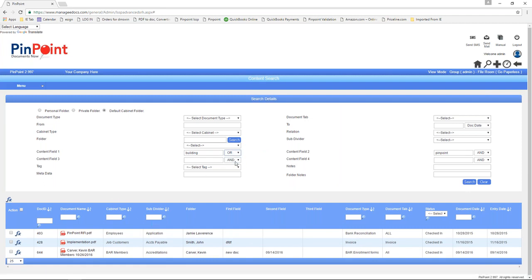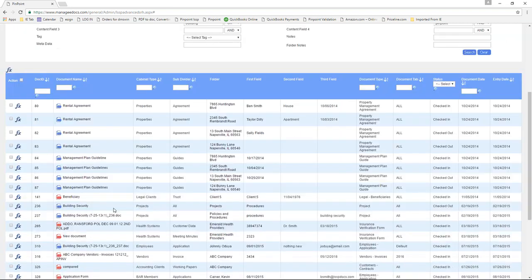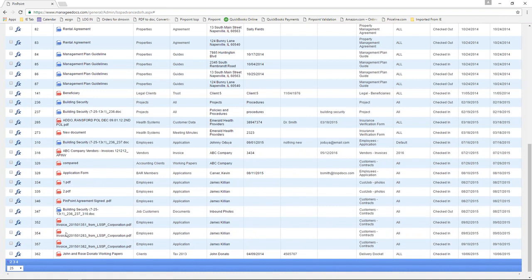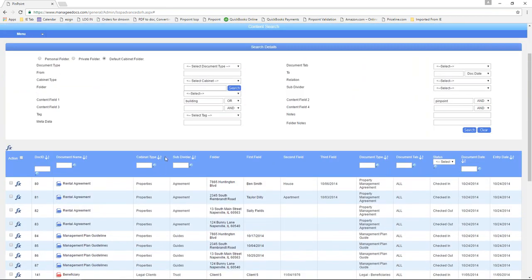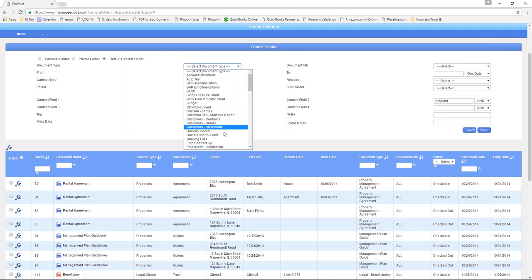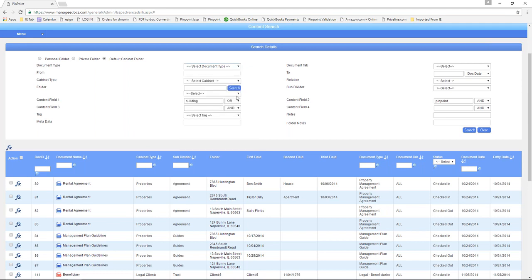Obviously, if I change this to an OR, I'm going to get more results, I assume, and I have. In fact, I got about 100 documents or so. But one of the things you'll notice is I could have done additional things such as date ranges, or I could have said I only want to look at purchase orders or any other type of document that I have. I could have said I only want to look at customers if that's what I wanted to do. So these are conditions, including notes within the document,